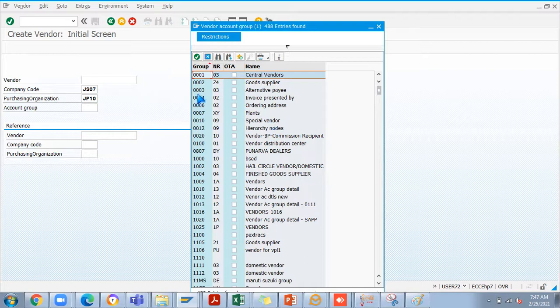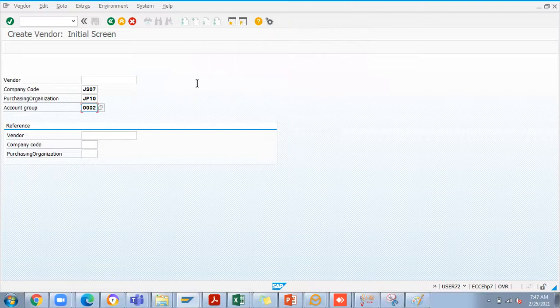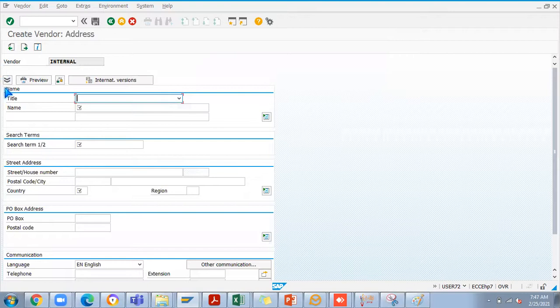Then they will distribute, or they will do as per their business process. Now for example, if I want to take 0002 as a goods supplier account group, I will tell you about all these things when I come to the configuration level explanation: how to create this account group, how you can manage it, and what the role of the account group is in the business. How you can differentiate internal number range and external number range, everything I'll explain in the next session. After entering all these details, you can see the vendor number is internal. It will be generated when you save the creation.